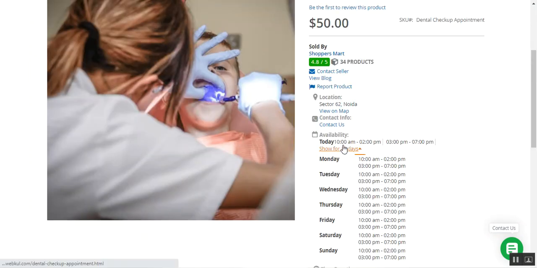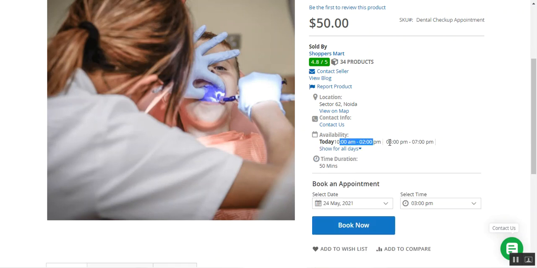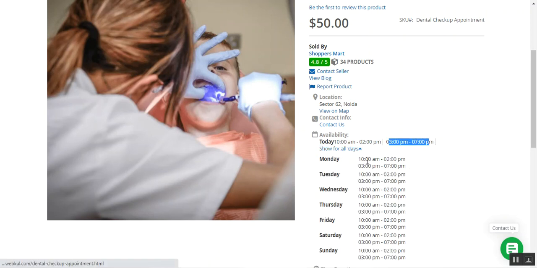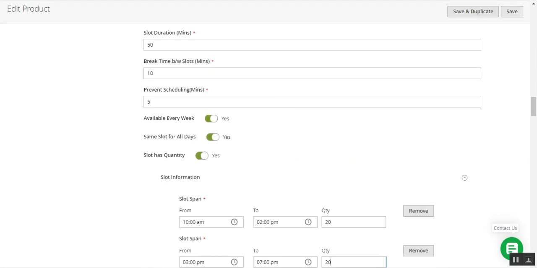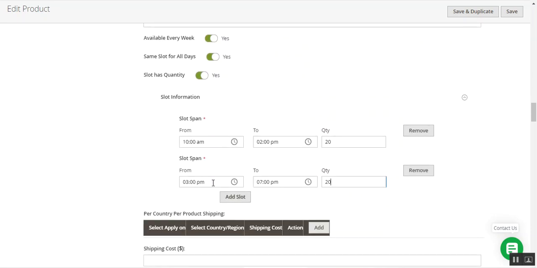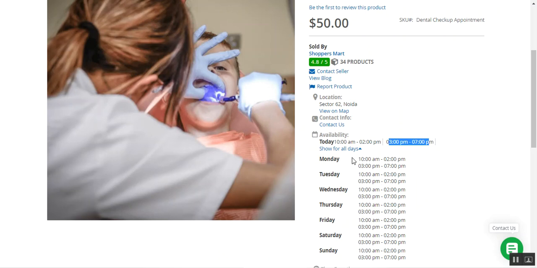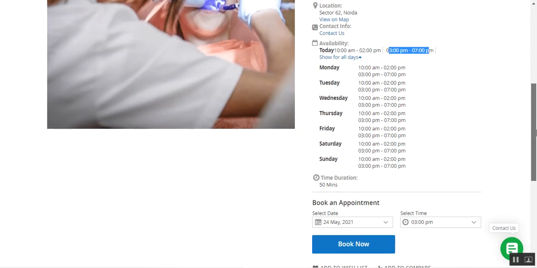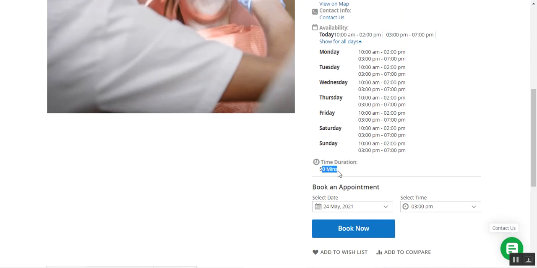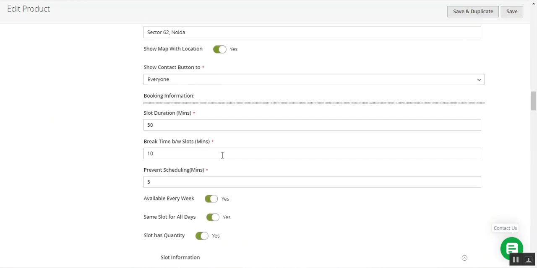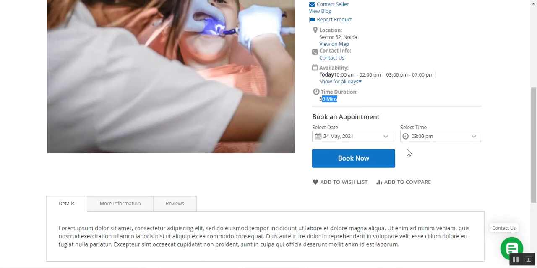You can see the two different slots: 10 a.m. to 2 p.m., 3 p.m. to 7 p.m., 10 to 2, 3 to 7, 10 to 2, 3 to 7. Both of these are visible here, and the same for the rest of the days of the week. The slot duration is 50 minutes, as you can see.